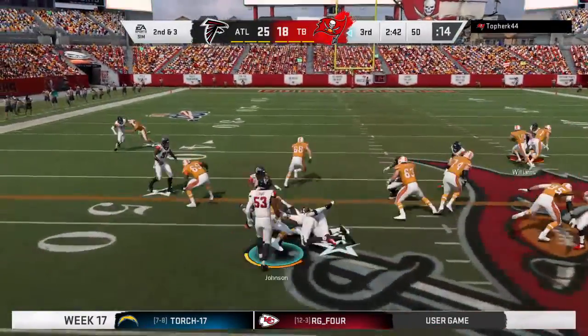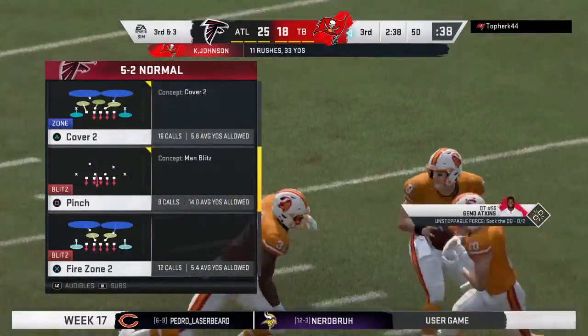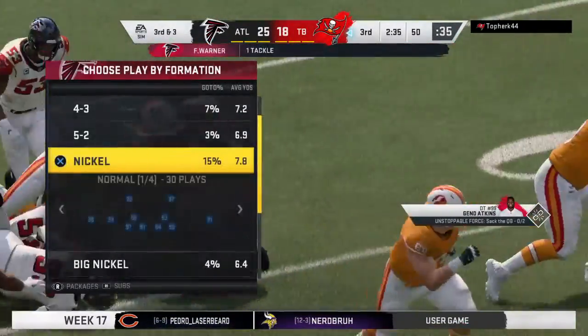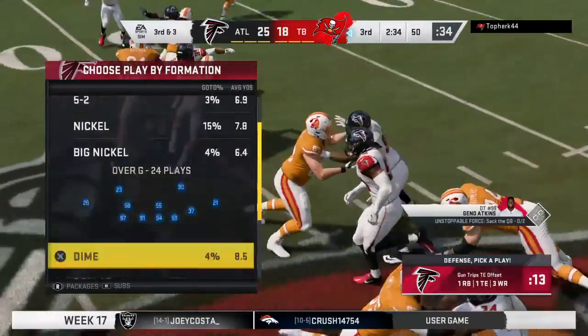On second down, it's Johnson. And he is swallowed up right at the line of scrimmage. Call it no gain that time, as it's going to leave him with a third and about 3 to go. It's third down and